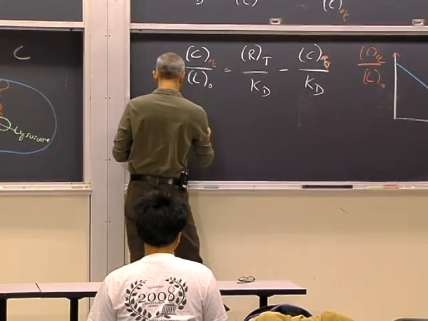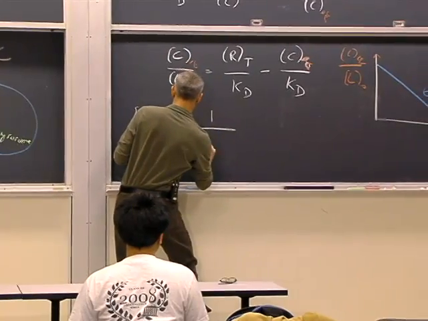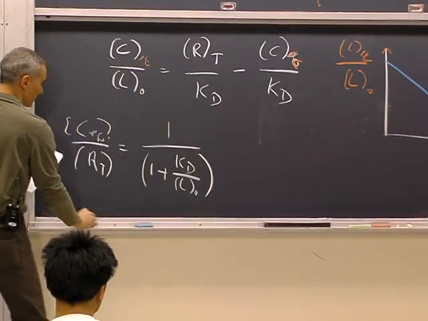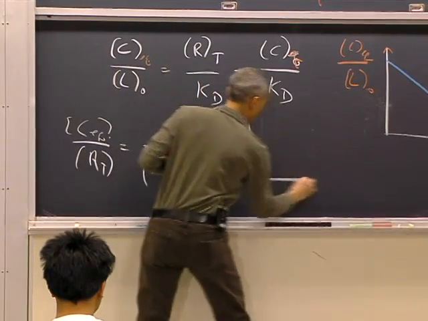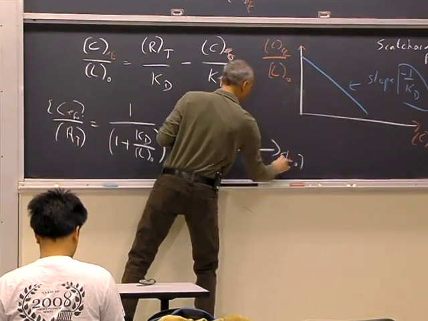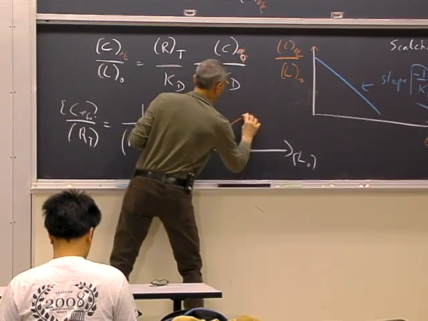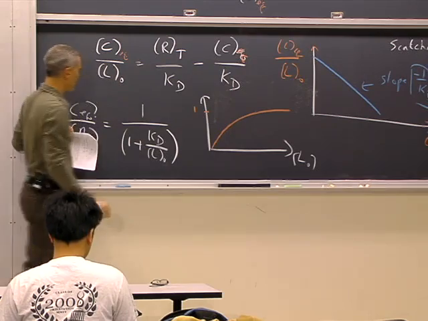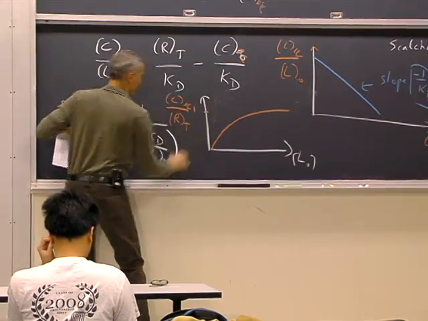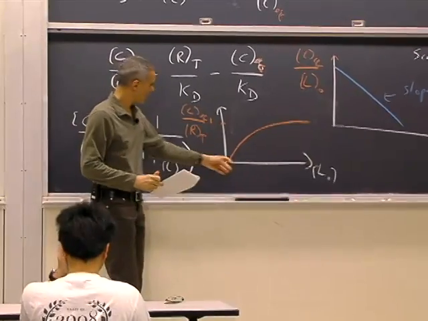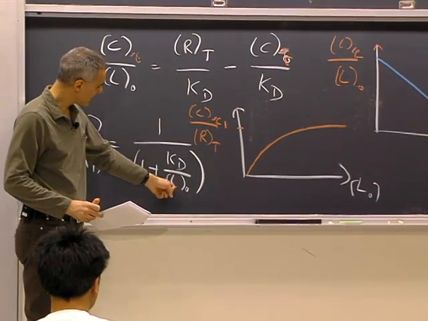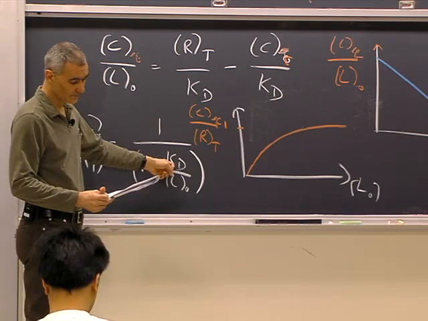So if you take this equation here, and you massage it a little bit, you get 1 over 1 plus KD over L naught. And you can also plot that as a function of L naught, how much ligand you put in. And you find this is something that saturates at 1. So this ratio here, C equilibrium divided by total number of receptors, is going to saturate at 1. And if L naught is small enough, meaning that it's smaller than KD,